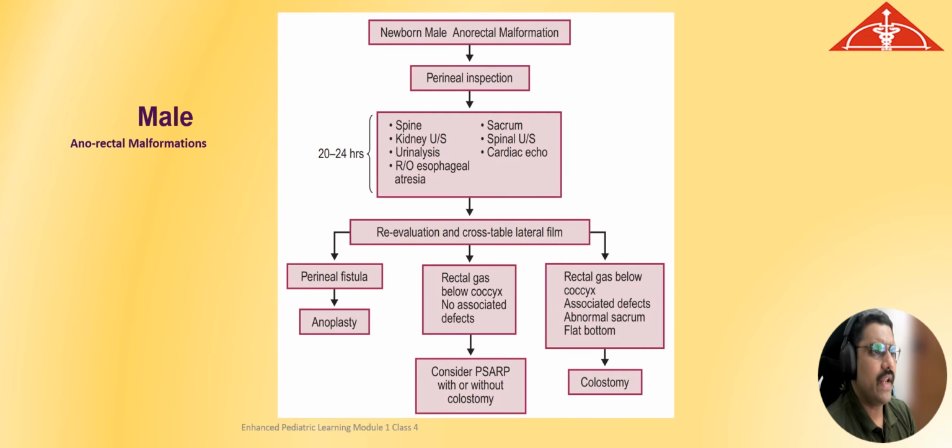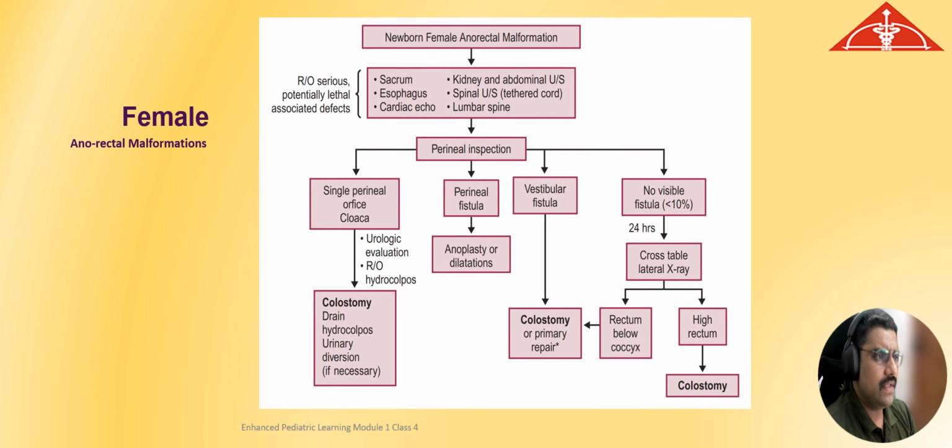In males, after proper inspection and evaluation of any associated anomalies, a simple lesion could lead to a primary repair, which is an anoplasty, whereas if it's a lesion with the gas shadow quite high, then a colostomy with subsequent revision in future. In females, apart from the other associated malformations, simple lesions such as a perineal fistula or a vestibular fistula can be managed with only anoplasty or a primary repair, whereas other lesions warrant a colostomy with subsequent revision